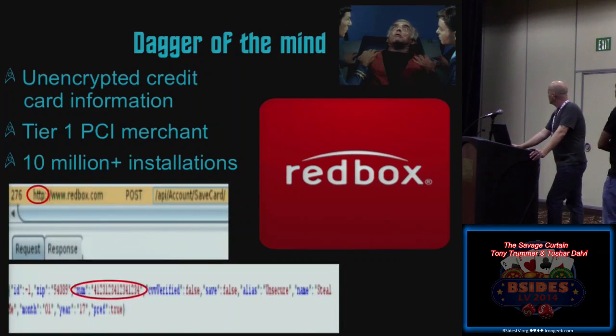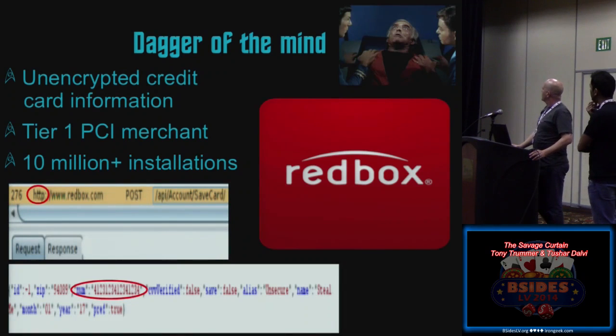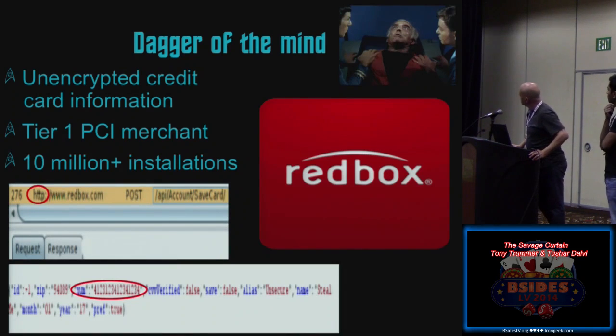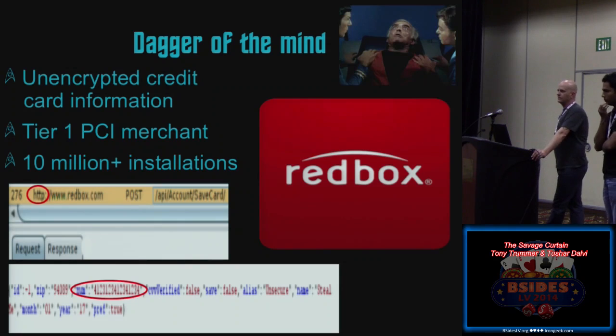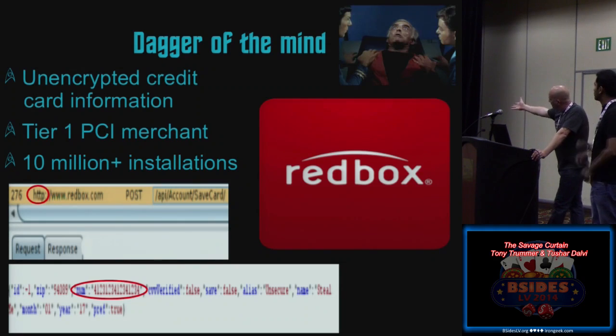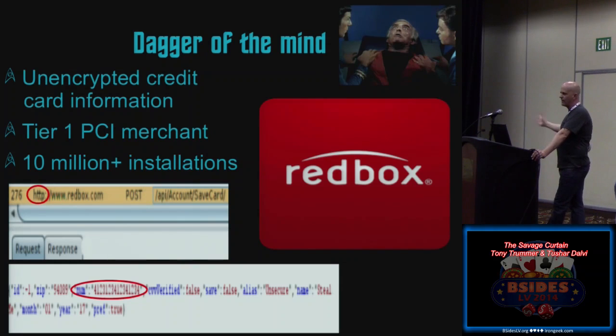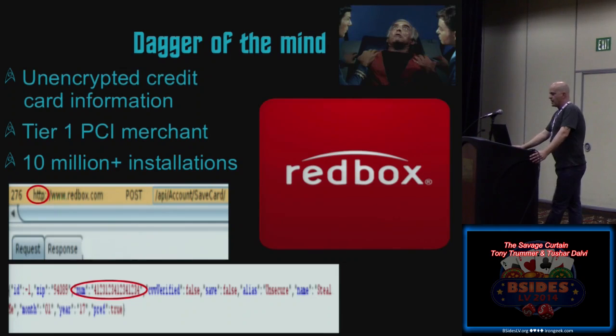just to show you, I know it's blurry as hell, but oh well. You can clearly see here there's a post to API/account save card going to http www.redbox.com, right? And I'm highlighting there the full 16-digit credit card number. It's not my real one, so it's a fake number, so don't try to steal it off of there or anything like that. But